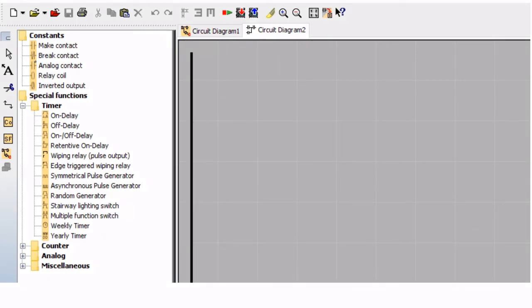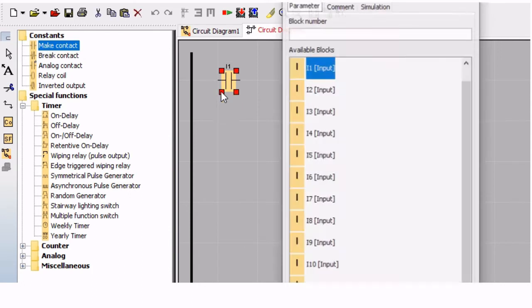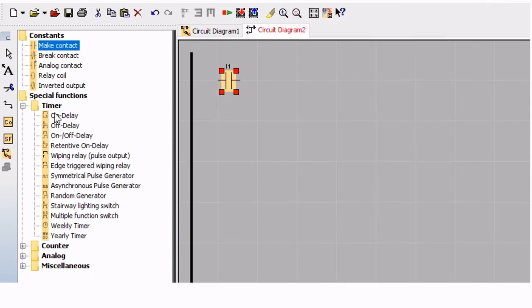Looking at the timers function, we see that we've got two different types of timers. We've got an on delay timer and we also have an off delay timer. Now we can see that my on delay timer can be added like my normal inputs, but when we've got